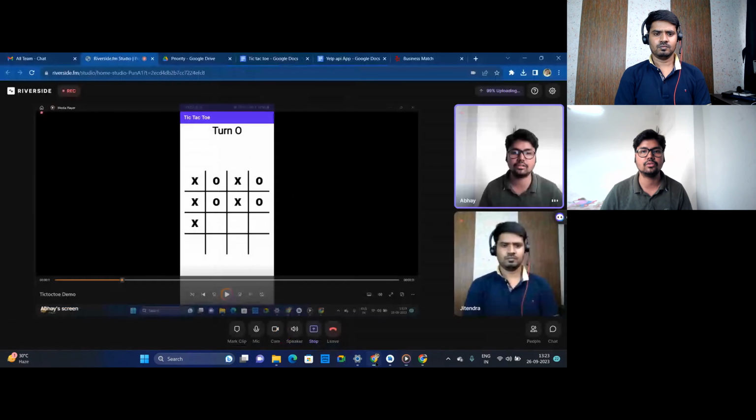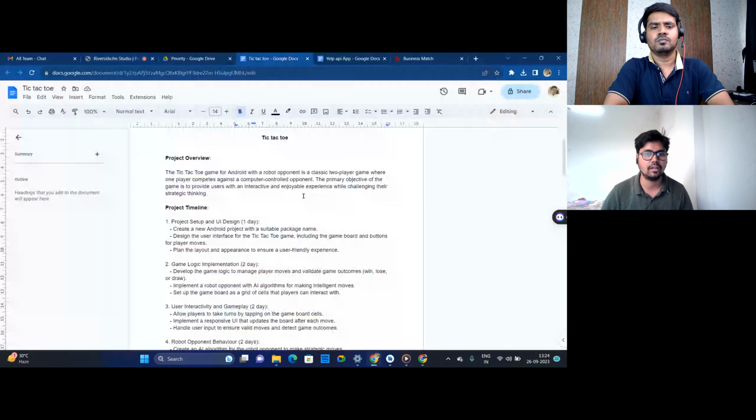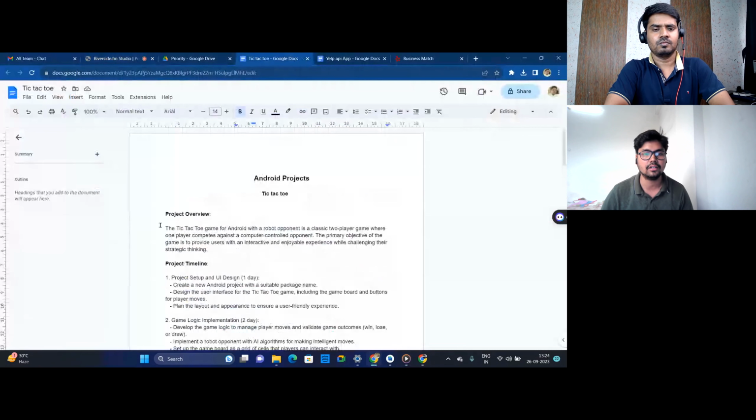Okay, so this is the documentation of this application. How does the project, or what is the project overview? As I have discussed earlier, the tic-tac-toe game is the Android robot opponent that we are playing with, the classic two-player game where one player competes against the computer-controlled opponent. Okay, this is the basic project